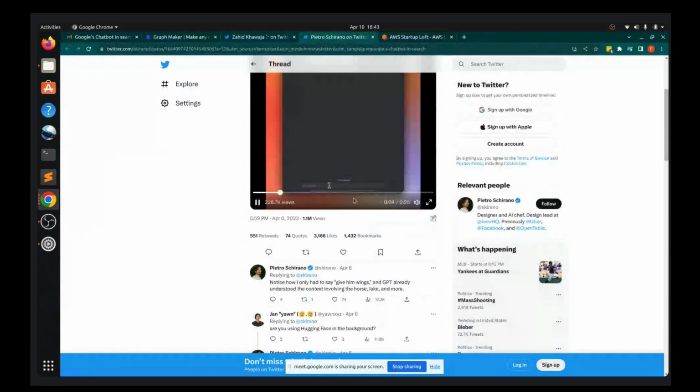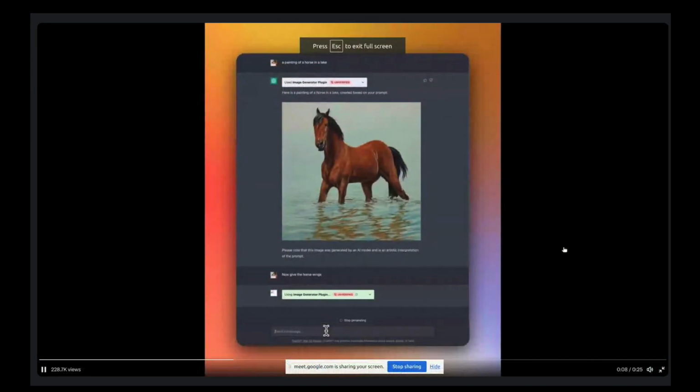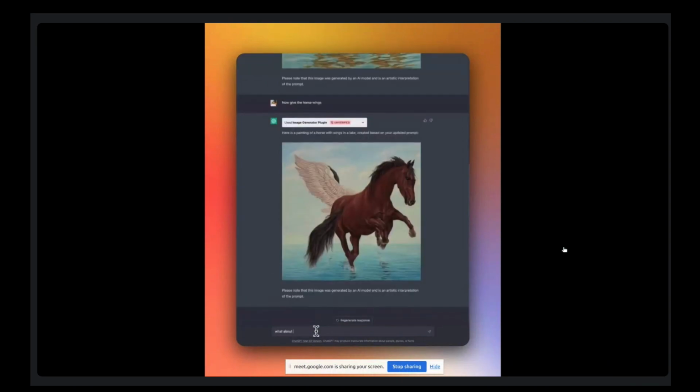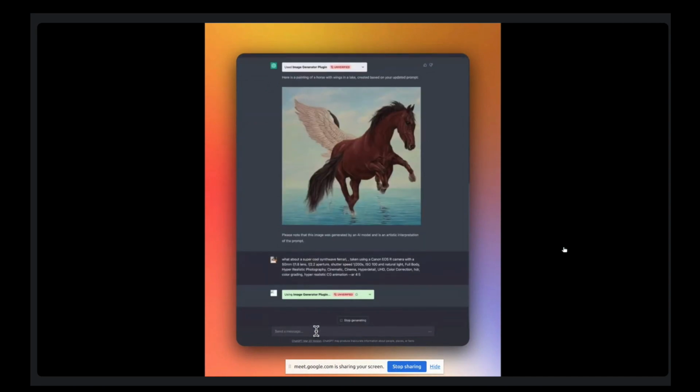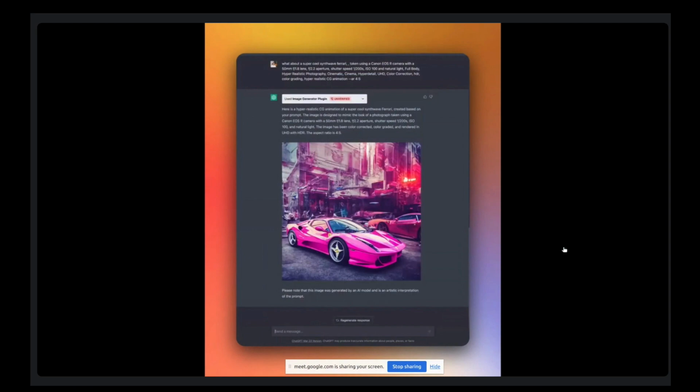All right, are you ready for ChatGPT plugin number 2? Please. Number 2 is this. All right, we have Stability GPT. Yeah, so this is basically running Stable Diffusion based image generation directly within ChatGPT, which maybe I should have showed you this first because it's a little bit less impressive than text to video, just text to image. But these are definitely higher quality images than the video was.